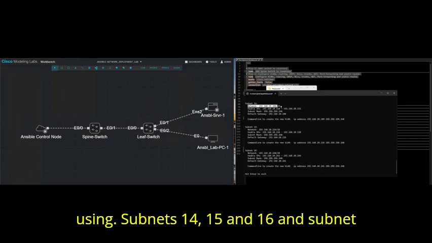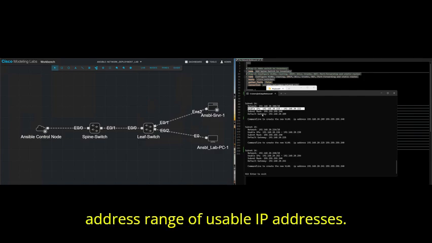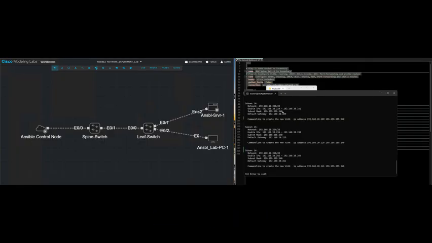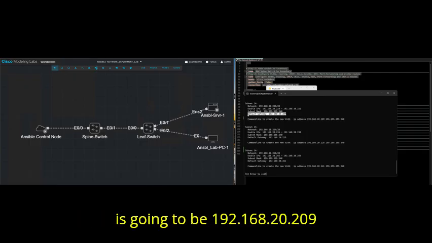And subnet 14 is going to have an IP address range of usable IP addresses from 192.168.20.210 up to 192.168.20.222. The subnet mask is going to be 255.255.255.240, and the default gateway is going to be